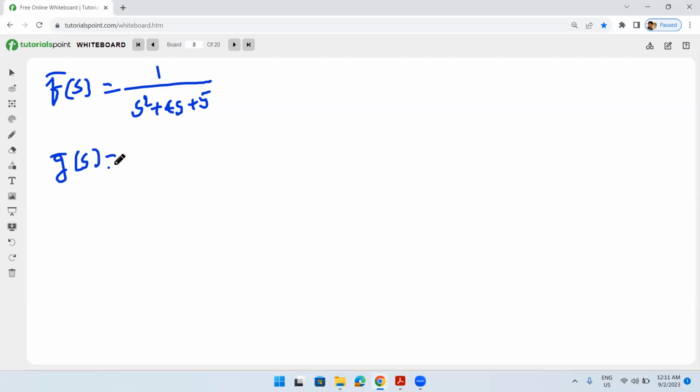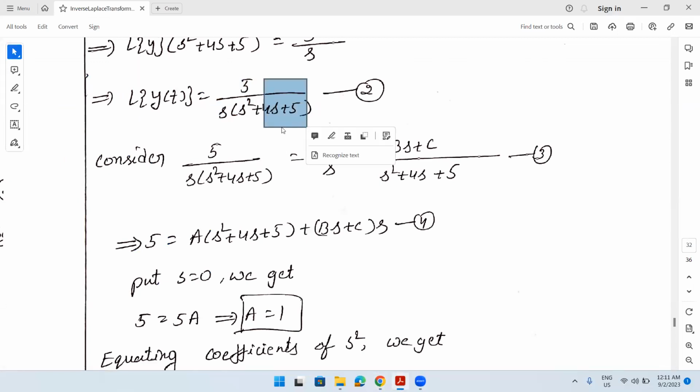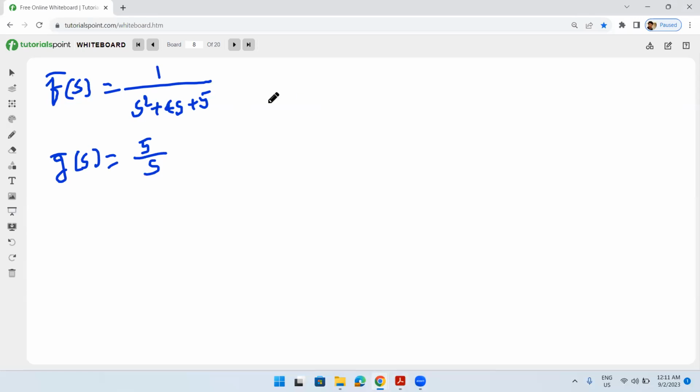G bar of s as 5 by s, because we have to take g bar of s as simple as possible, I told you. And the remaining I'll have taken as f bar of s. So we find L inverse of 1 by s square plus 4s plus 5, which can be written as